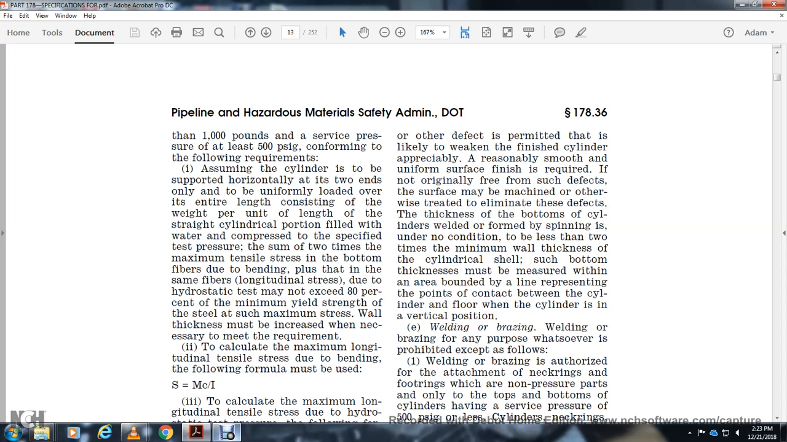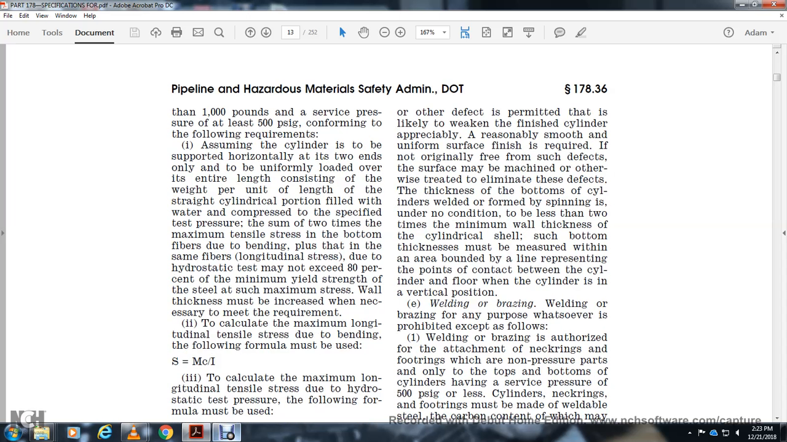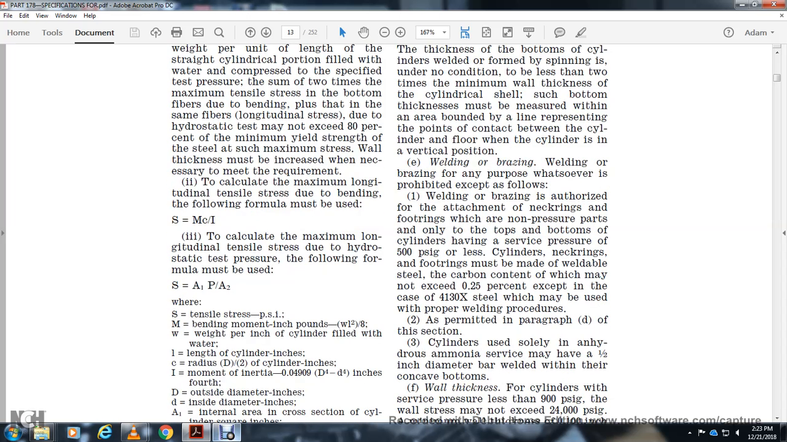Welding, brazing. Welding or brazing of the portions of the cylinder is prohibited except as follows. Welding or brazing is authorized for attachment of neck rings, foot rings, and non-pressure parts, only to parts of the top and the bottom of the cylinders having surface pressure of 500 psi gauge or less. Cylinders, neck rings, and foot rings must be made of weldable steel with carbon content which does not exceed 0.25%, except for 4130 steel, which may be used if the proper welding procedure is followed as permitted in paragraph D of the section, for cylinders used solely in